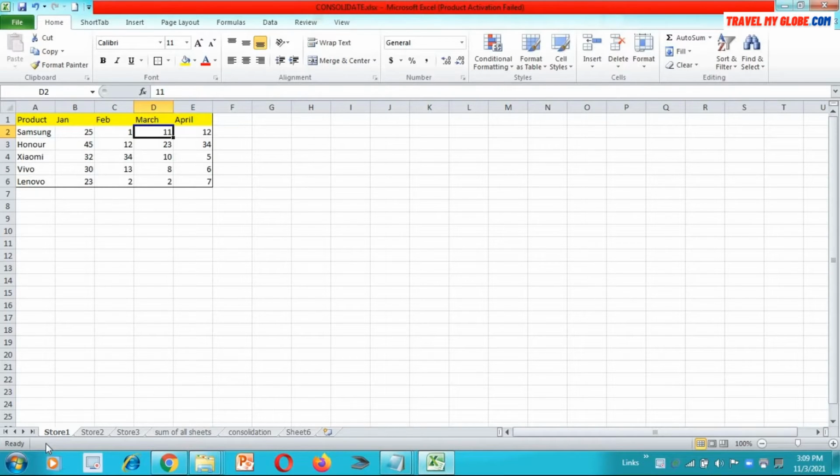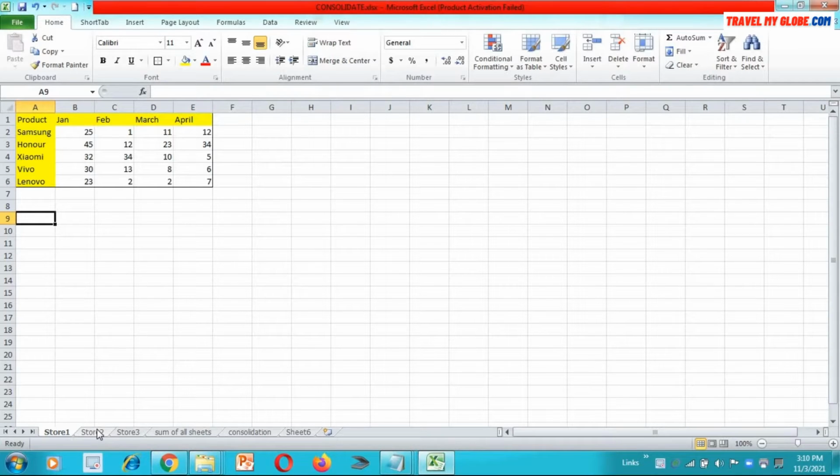If you observe carefully, then you will be able to see that in store 1 I'm having data like this, where the column headers are Jan, Feb, March, April, and the row headers are different items like Samsung, Honor Mobile, Xiaomi, Vivo and Lenovo.